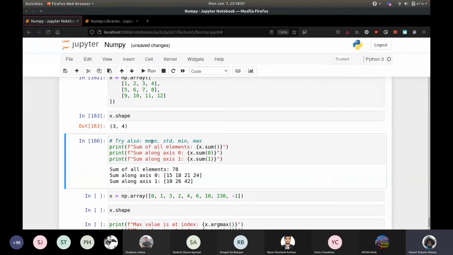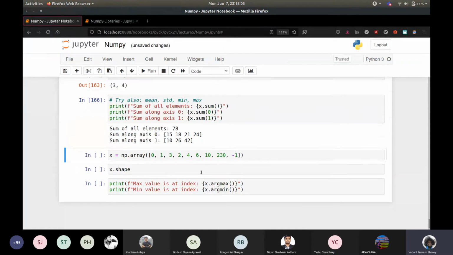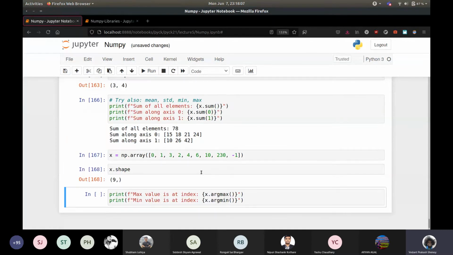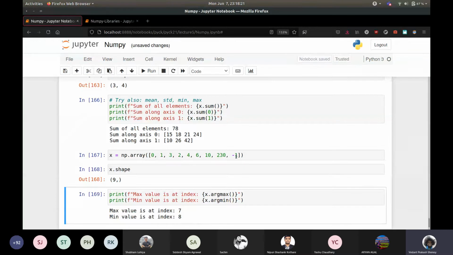You can also get the mean, the standard deviation, the minimum, the maximum, all sorts of stuff. You can also get the index at which there is the maximum element of x. So this will be 0, 1, 2, 3, 4, 5, 6, 7, 8. So the maximum value is at index 8 and the minimum value will be at index 9.